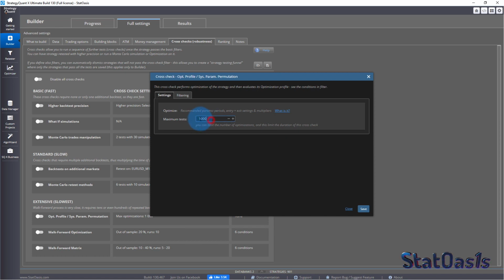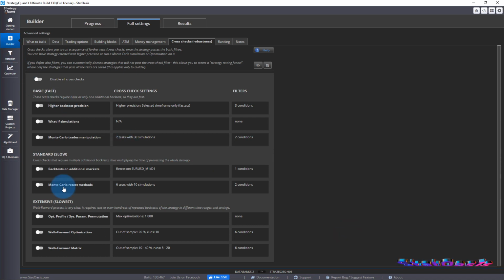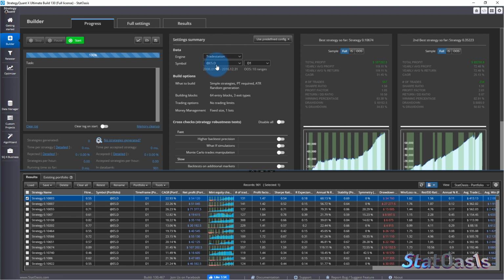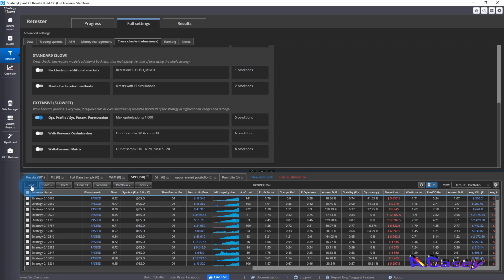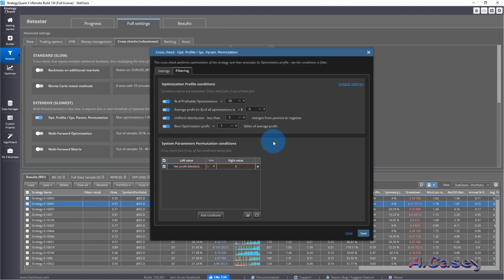And you can only do the maximum number of tests. And in some versions you can pick and choose what to optimize. But I love this idea where you don't do as much. But you can, of course, filter. So in order to achieve this, I built some strategies here. Nothing out of the ordinary. Yes, I picked mean reversion. I picked some strategies. Then I took them to the retester. Here they are, 901 strategies. So here is the filter for the optimization. Once SQX takes all these strategies and then